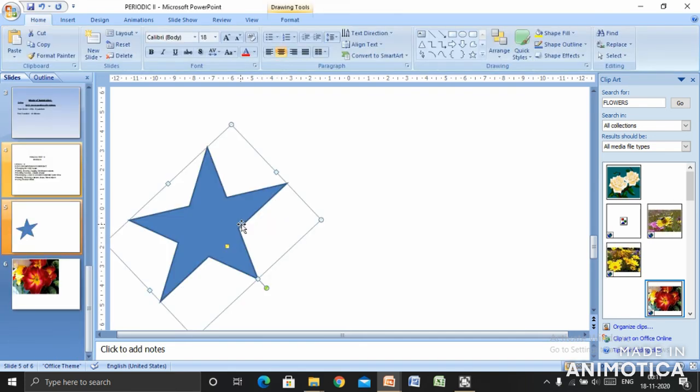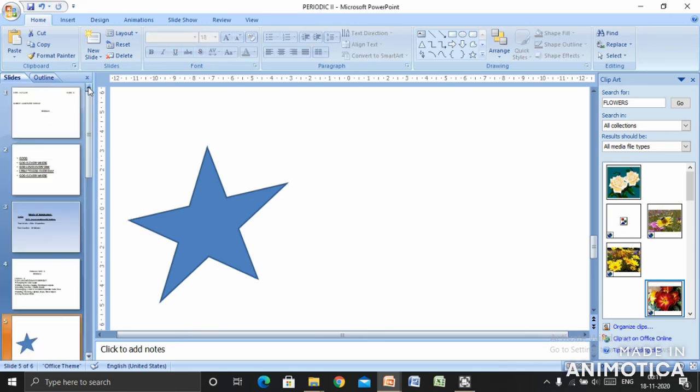As I told you in the beginning, the slide organization can be done in the normal view and the slide sorter view. Normal view is studied. Now let us see how to rearrange these slides in the slide sorter view. Suppose in the outline tab, see slide number 3.